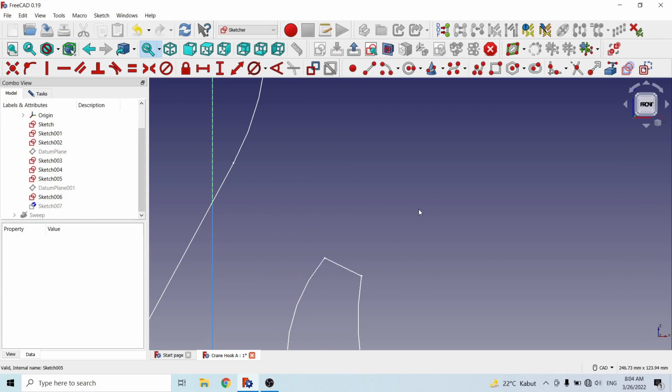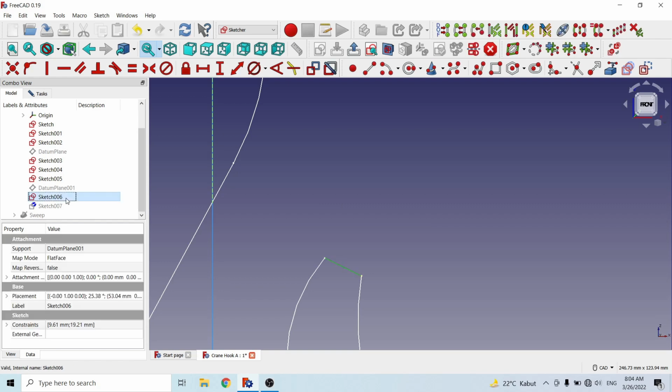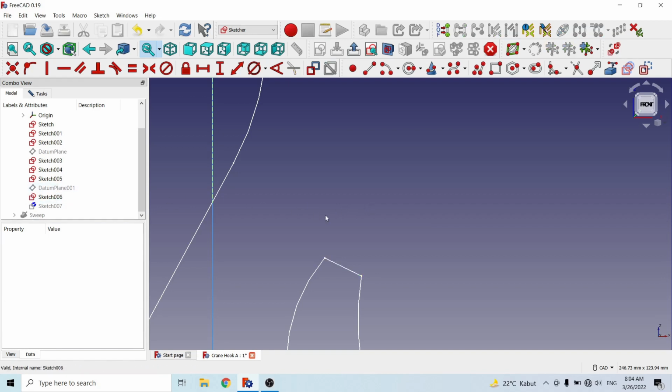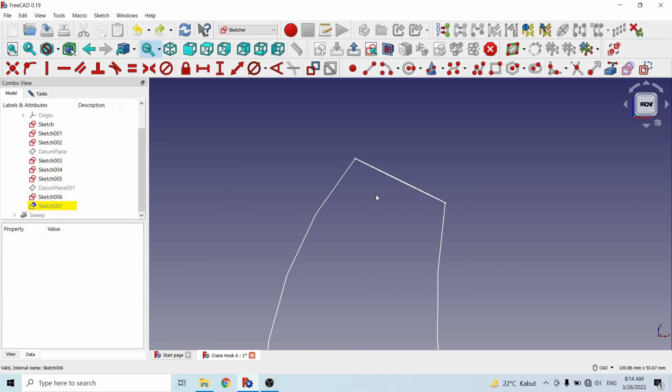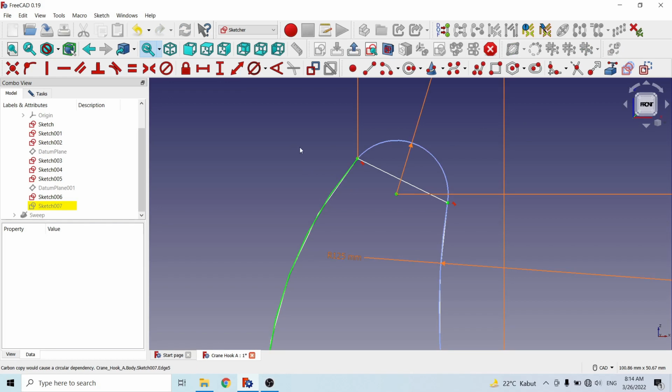And we can use the 6 sketch. Now I will copy the sketch from this icon to this sketch,